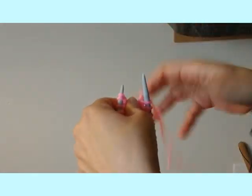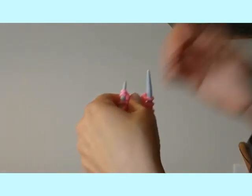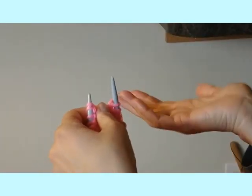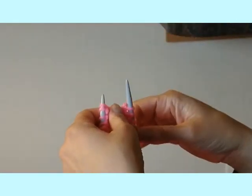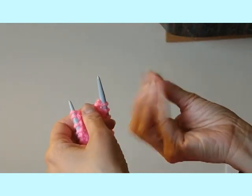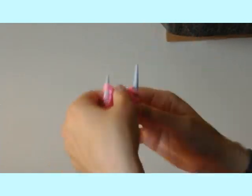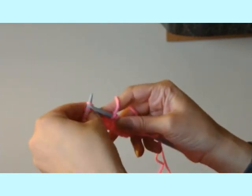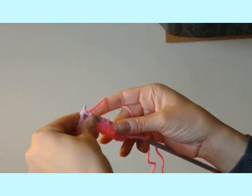I did knit 2, purl 2. You can do knit 1, purl 1, it's totally a personal preference. I like knit 2, purl 2 because it's a little more grabby. So that's just me. So to do the knit 2, purl 2, you're going to knit 2 stitches,